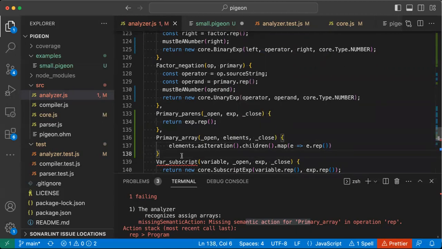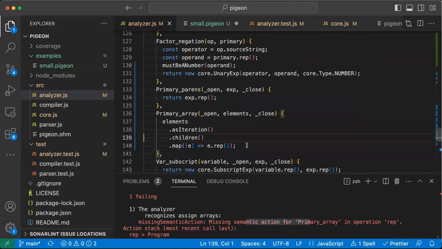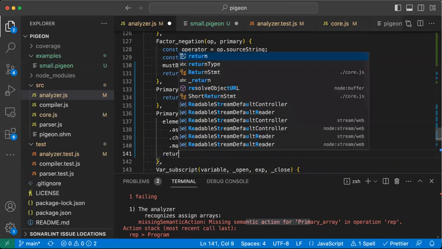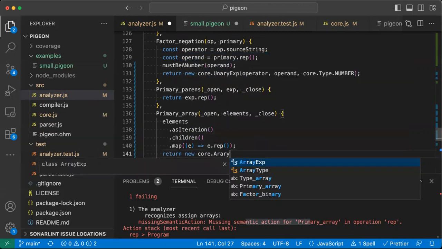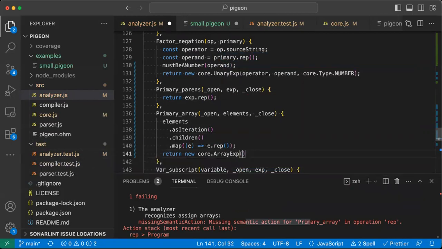And what can we do with this? What do we do with these things? Oh, it's crazy how it's split up like that. These are going to be all of the elements that are going to go into the actual array expression. So we would say return new core dot array expression, and the array expressions require elements. Now, if I look at the core for the array expression,